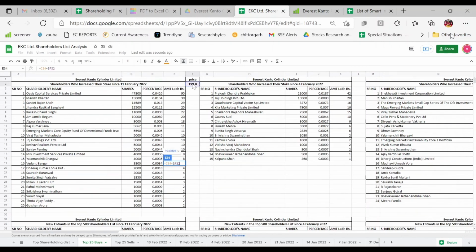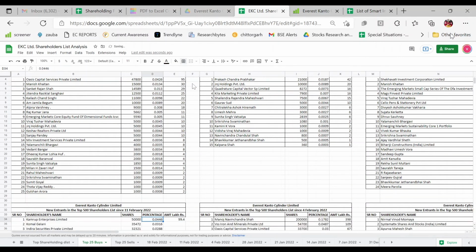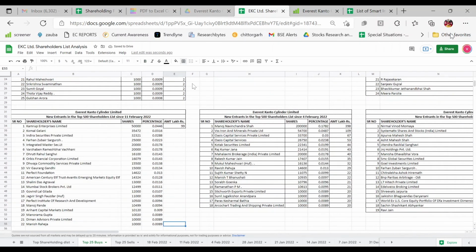If I can show you again, I select the cell and press F4. You can see F2 got locked. I divided them by lakhs. So you can see Kamrup Enterprise has sold shares worth 99 lakhs. I'll just remove the decimal and drag it down and apply it over all the cells.